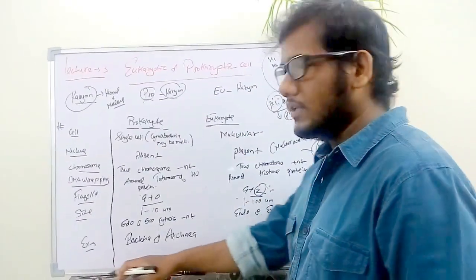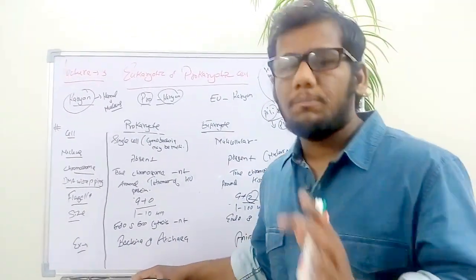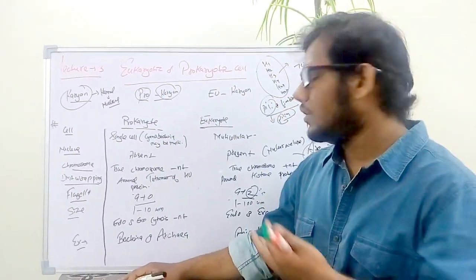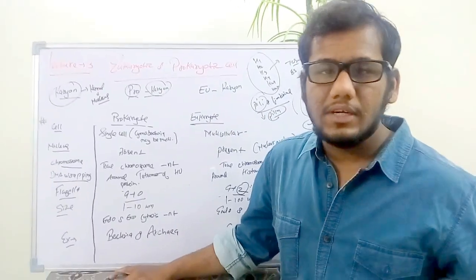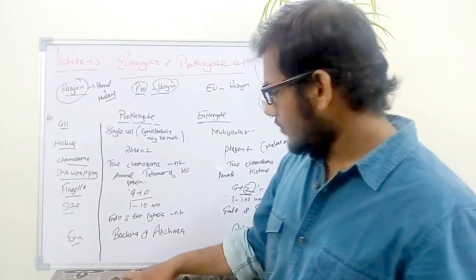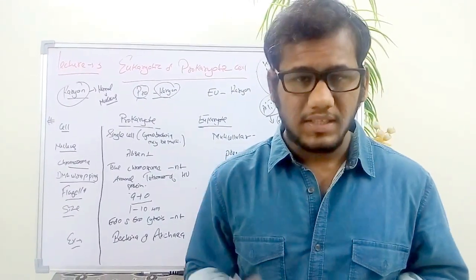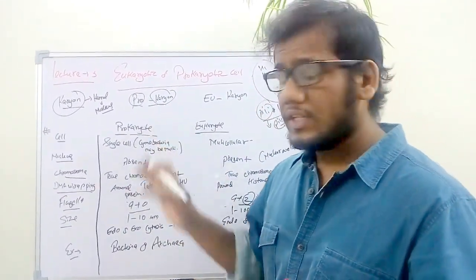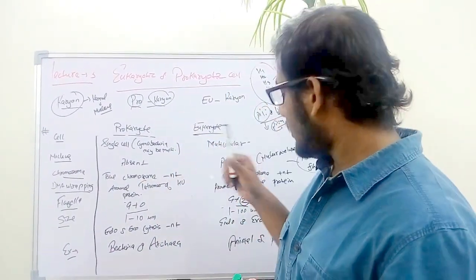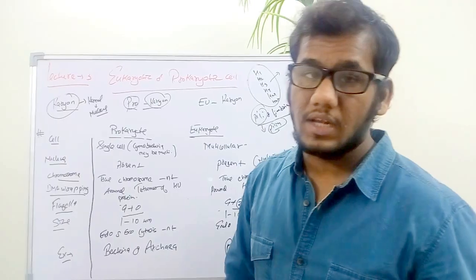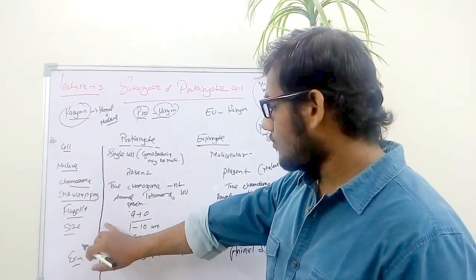Some other differences are like sexual reproduction. Sexual reproduction is absent in prokaryotic cells, and in eukaryotic cells sexual reproduction is present. One difference is in cell division. In cell division there are phases named interphase, M phase, and S phase. In prokaryotes there are no distinctive phases like interphase, S phase and M phase, but eukaryotes have distinctive phases like interphase and S phase.